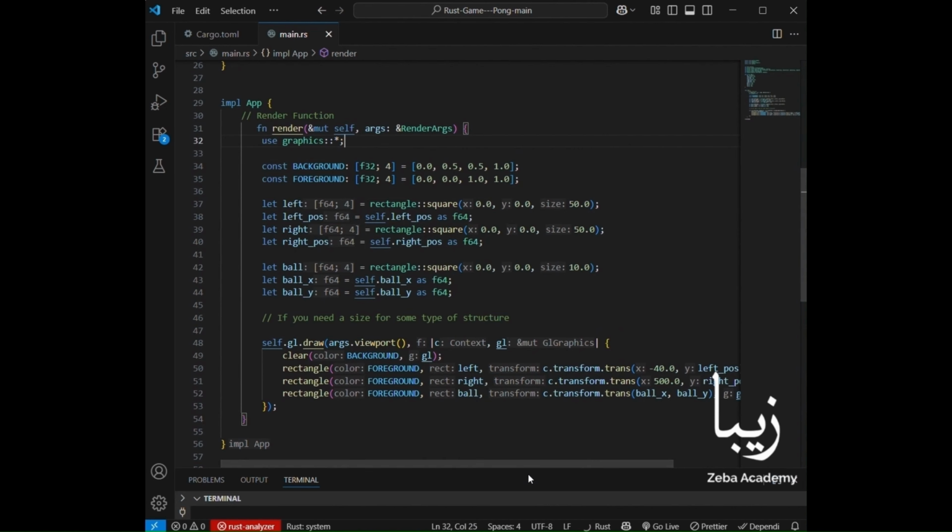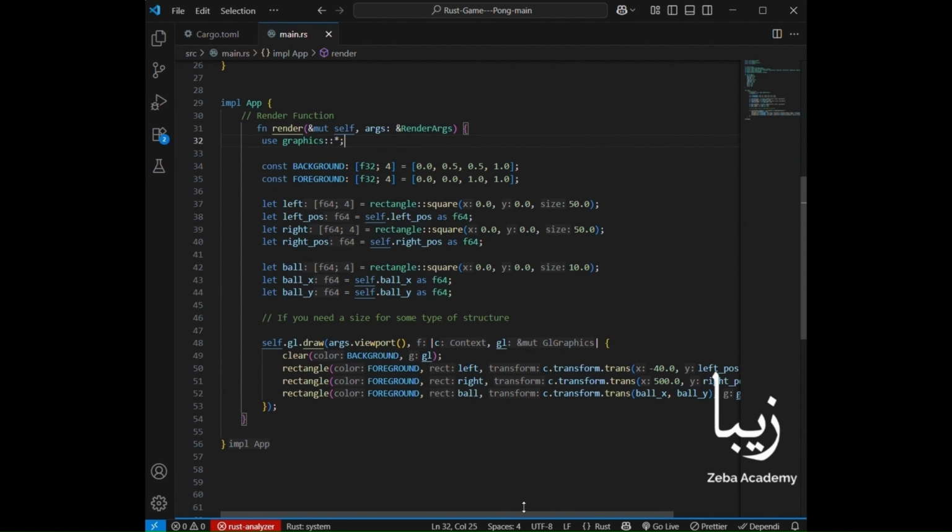The background is teal, 0.0 red, 0.5 green, 0.5 blue, 1.0 opacity, and the foreground is blue, 0.0 red, 0.0 green, 1.0 blue, 1.0 opacity. It draws two paddles as shapes, left and right, at fixed X positions, with Y positions based on the game state,